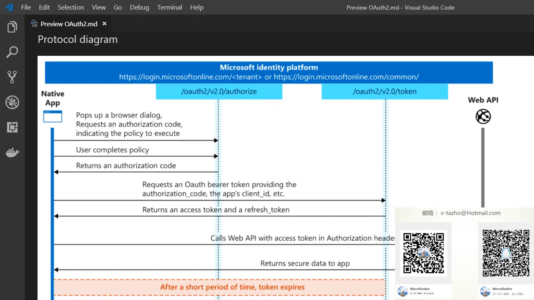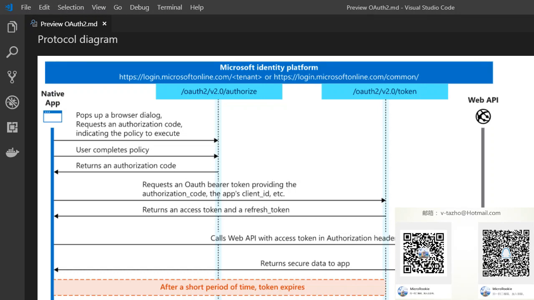Microsoft will validate this token, and if your token is valid, it will return the data to the app which requested it. And after a short period of time, if your token is expired, you can request a new access token